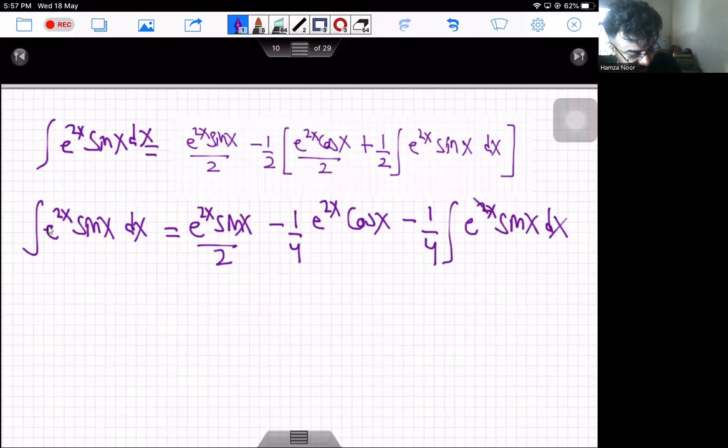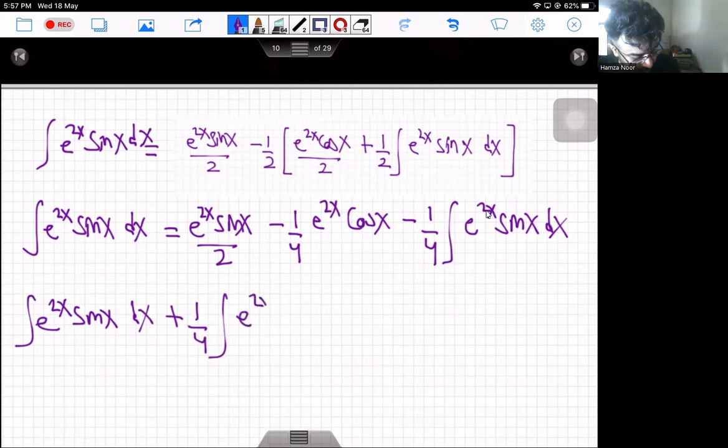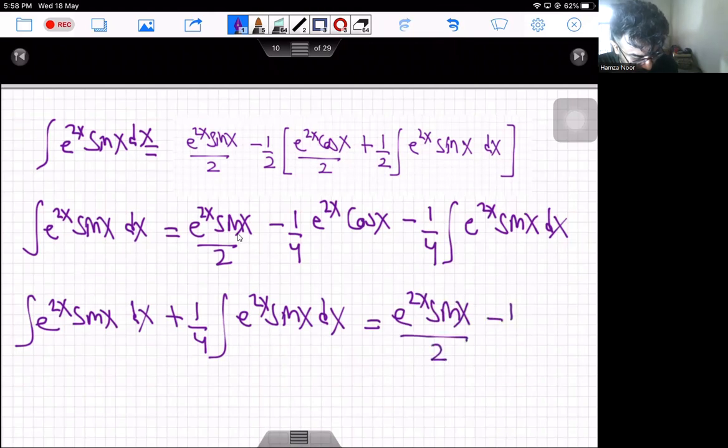Okay, so I'm taking this indefinite integral on the left hand side of the equation. So this becomes the integration of e raised to the power 2x multiplied by sin x with respect to x plus 1 over 4 times the integration of e raised to the power 2x multiplied by sin x with respect to x. This is exactly equal to e raised to the power 2x multiplied by sin x over 2 minus 1 over 4 times